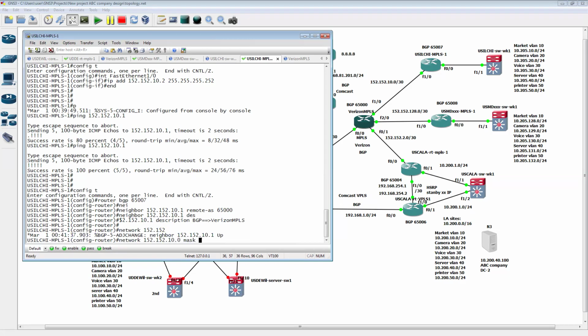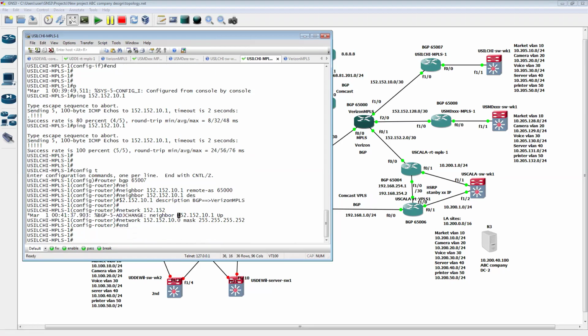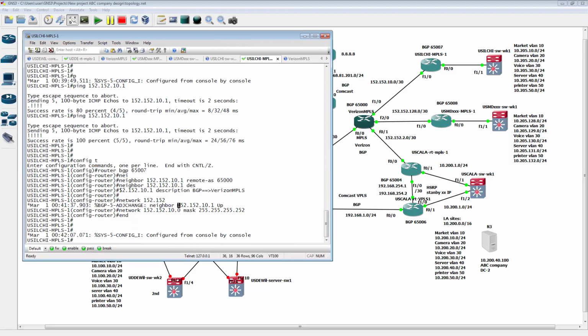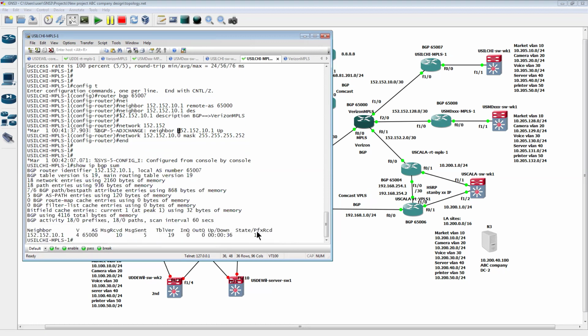Okay. So 152.152.10.0, which would be mask 255.255.255.252. Okay. Oh, look at that. It's already up in the BGP. Oh, okay. So last time we already configured the Verizon side also. So now that we have this side, we show IP BGP summary. You see, now it's beautiful, and we receive